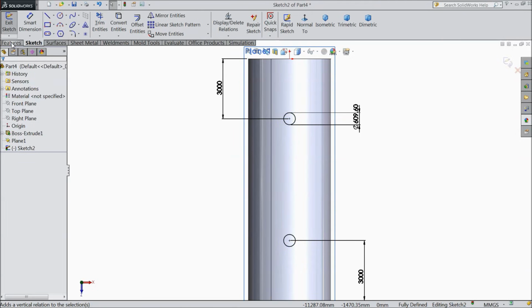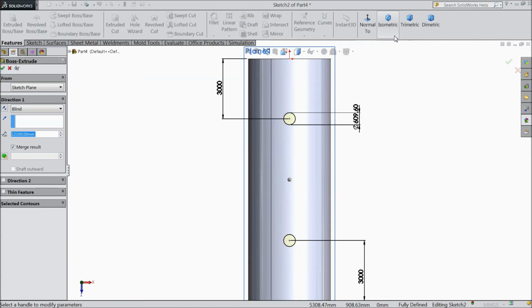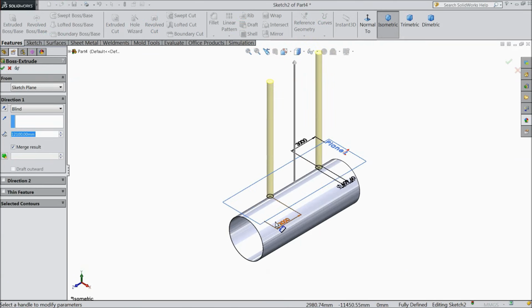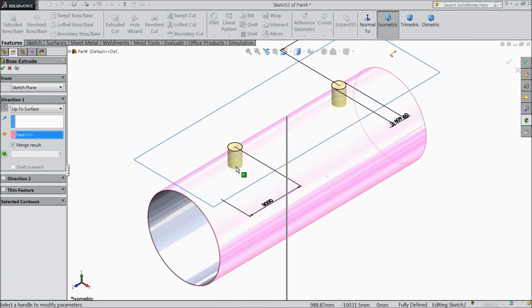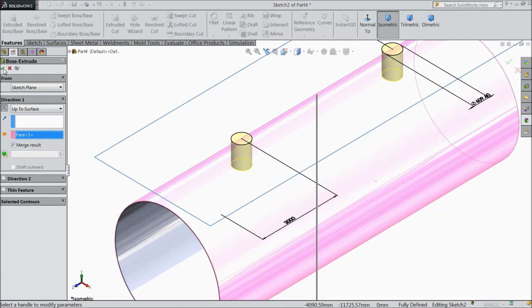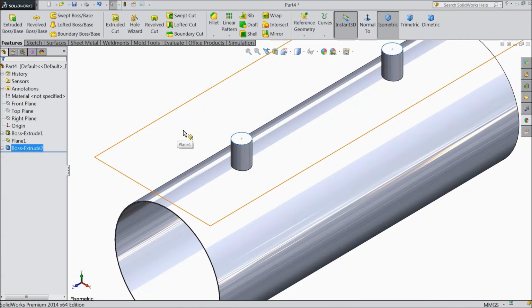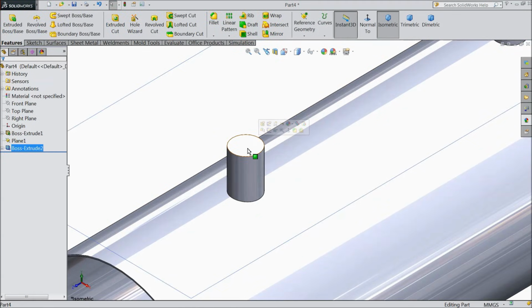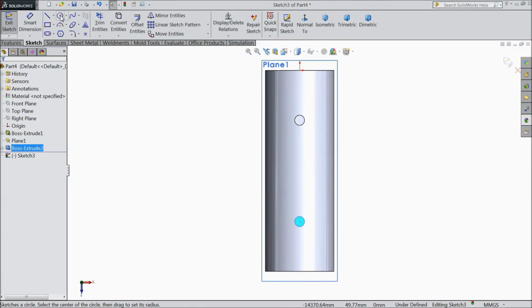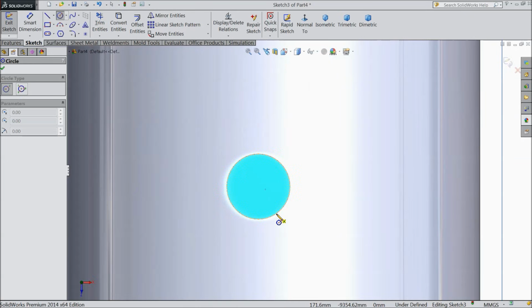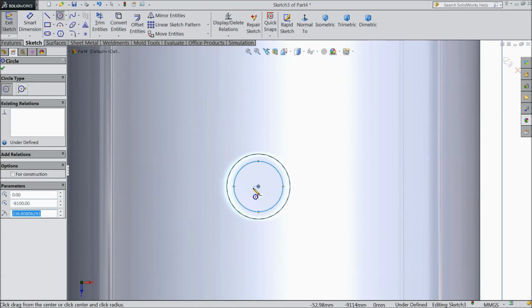Select OK and select extruded boss. Select here up to surface and select this shell as a surface. See here, choose OK. Now select this top face, sketch normal, and draw a circle here. Just find the origin point or center point.